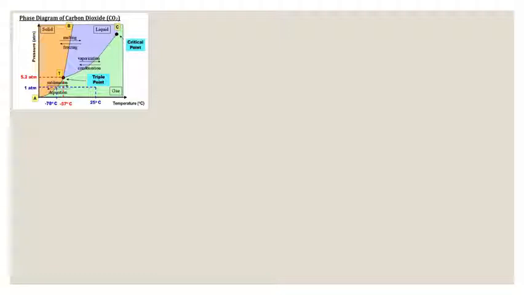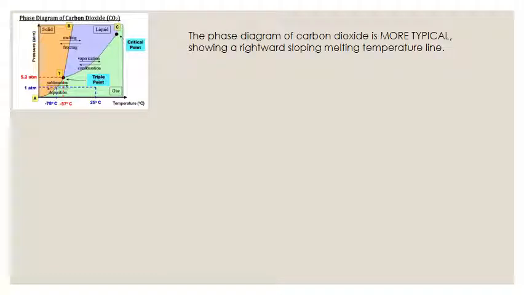Okay, so pada 5.2 atm, dia punya temperature adalah negatif 57 degree Celsius. And then kita boleh tengok critical point dekat atas. So let's see the critical point. Tadi sebelum ni kita tengok dah critical point untuk solid CO2 berapa kan? Okay, so kalau kita tengok dekat sini, the phase diagram of carbon dioxide is more typical,